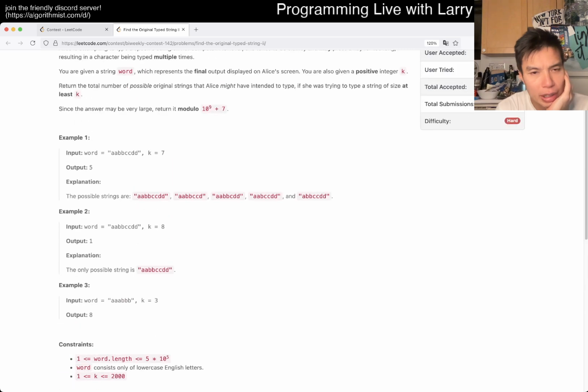If there's no k, then what is the answer? I need a pencil for this. This is a pencil problem.